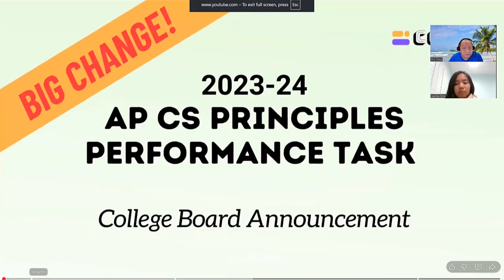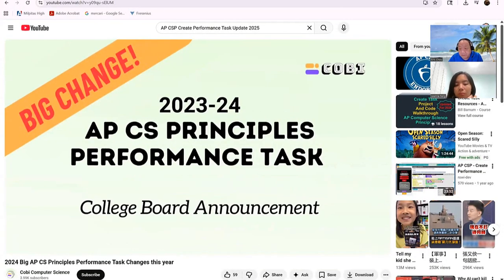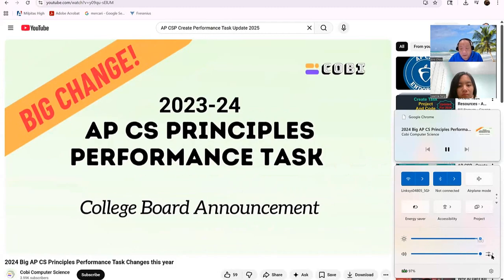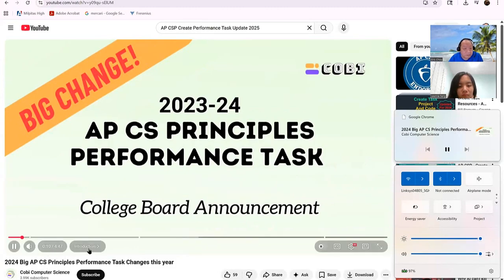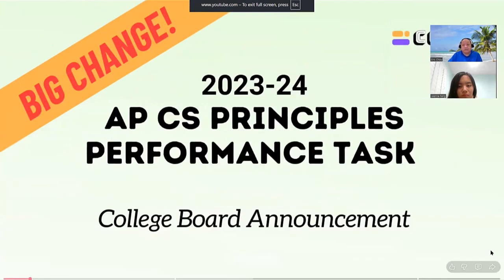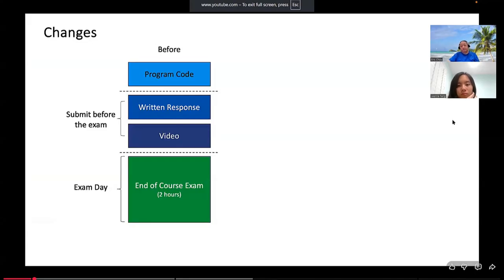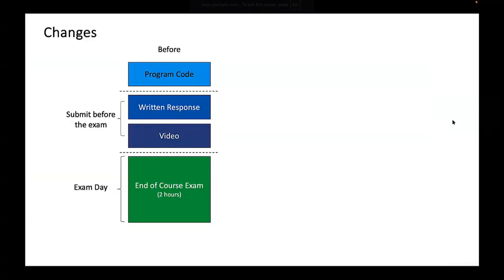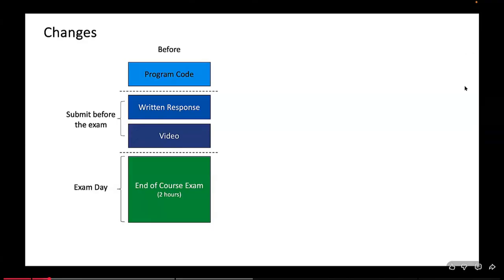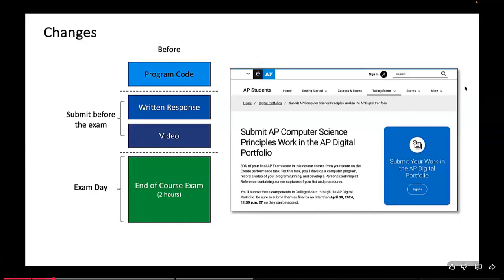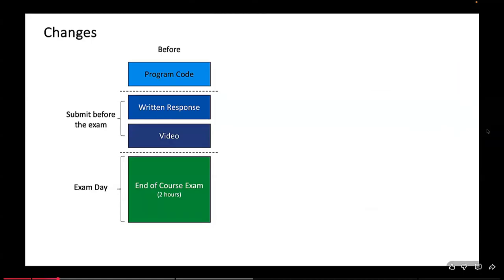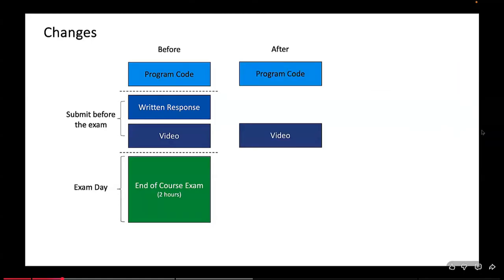Hi, this is Jane from Kobe. Big changes happening. I'm sorry, can you hear it? Announced that this year, Yeah. the APC's principles, Let me performance make it test, the and loudest. course exam are changing. In this video, we'll look at the big changes and go over strategies for how we can best prepare for this. Here's a quick overview of the changes. Previously, students created a program, wrote a written response, and Shani, you video wait of the a little bit, program okay? functioning, then submitted the written response Okay. and the You video get started to yourself. the digital portfolio. Now, students need to submit 3 things: the program code, the video, and instead of the written